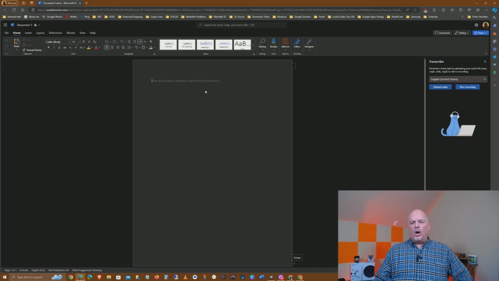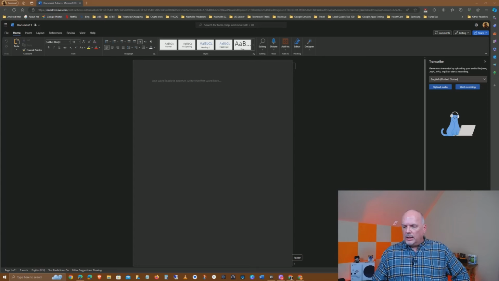And then over here on this section, it's going to actually give you the option of taking that audio and turning it into text into this Word document. So as you can see down here where it says preview, you can now upload unlimited minutes of audio for transcription. This may change in the future, so try it now. So this is a fairly new service as far as transcription is concerned. Again, I know dictation has been there for a while and people get confused between the two. Transcription takes your voice, turns it into an audio file.